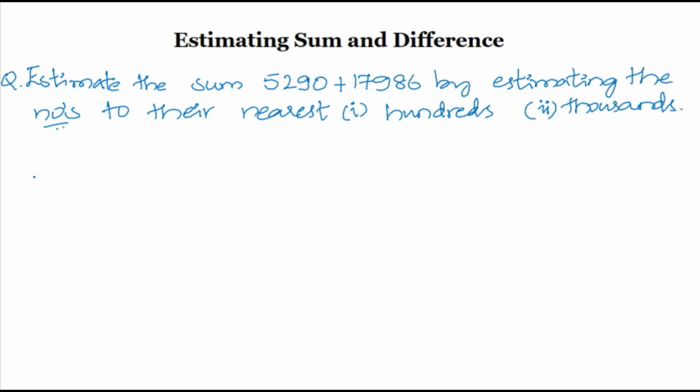Let us solve this question part by part. Let me consider the first part. We shall estimate to the nearest hundreds first, then we will continue with nearest thousands. First one, to their nearest hundreds. The given numbers are 5290,